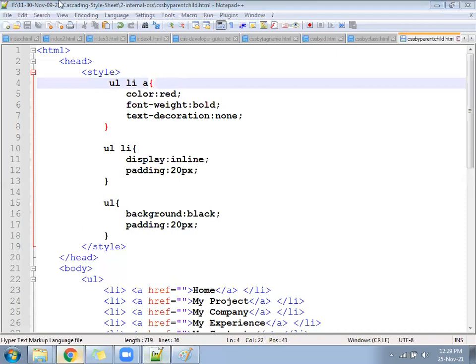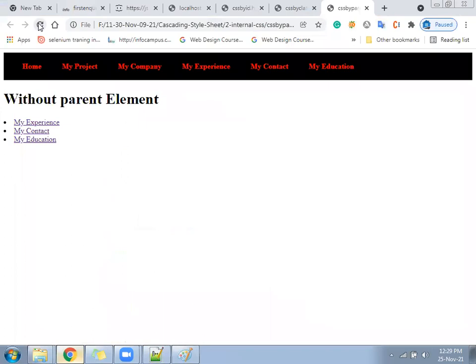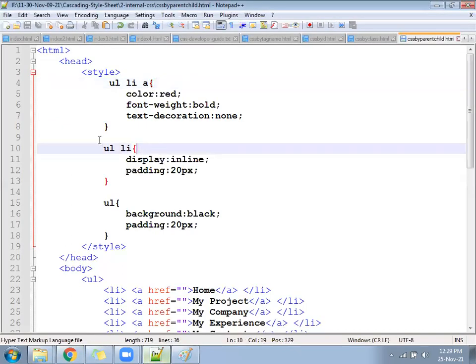Text decoration none will remove the underline. This way we can address a parent and child. So ul becomes the parent tag, li becomes the child, and a becomes the last.